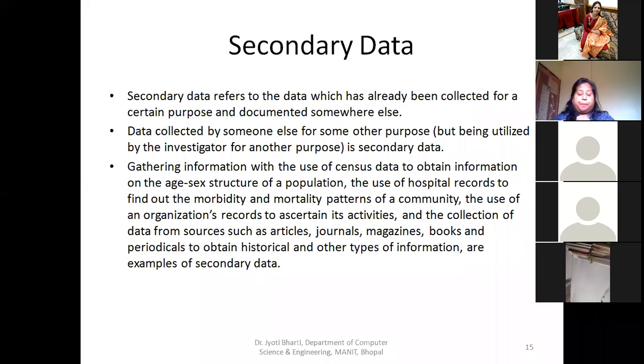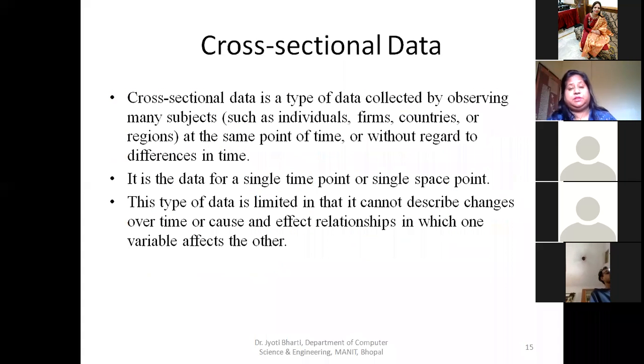Basically, whatever data has been gathered by any organization. Means our government system, every 10 years they have to survey what the population is and what the population is according to caste. How many persons belong to the general category, how many belong to OBC, SC, ST, and they have to do this for the purpose of making policy. So government will collect the data on this basis. So this is the secondary data which is used. First it is collected and then used for a specific purpose.